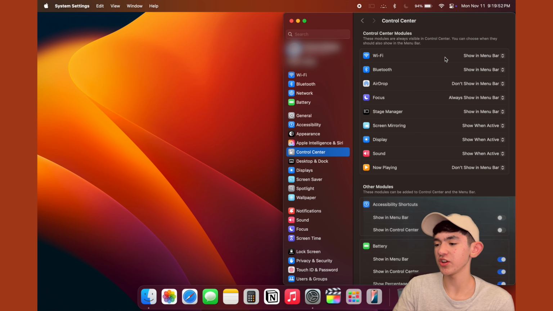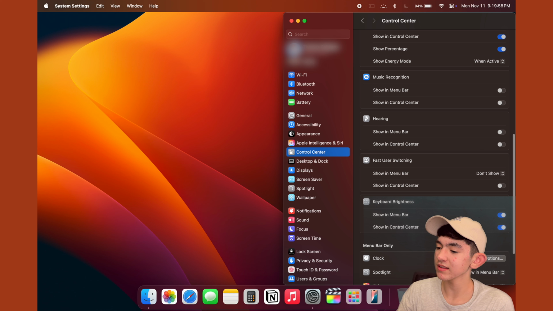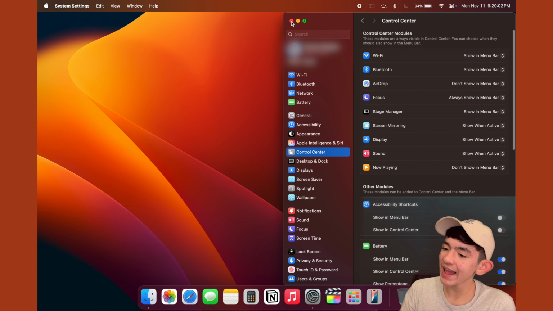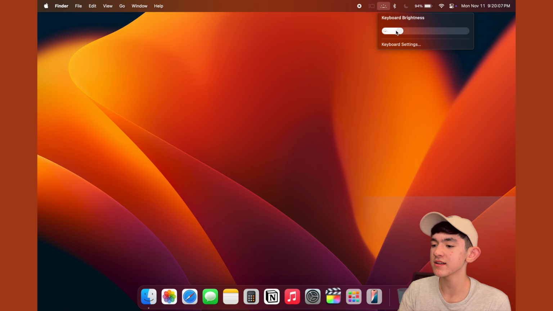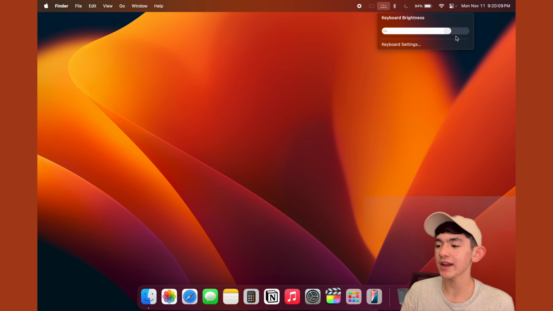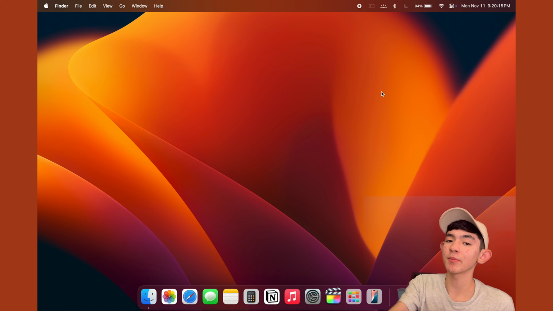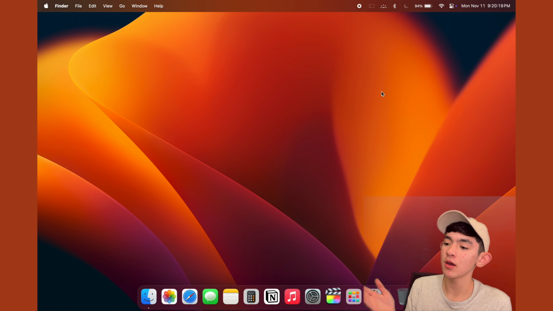it however you want. So you can turn off Wi-Fi, or you can turn off Bluetooth, and then you can add some by scrolling, and you'll find all of these you can add to your control center, and then you'll have quick actions to it. So for me, for example, I have the keyboard brightness. You can change it just by dragging bright, low, but that's one example of a quick action you can put in the corner top up there. So the control center is very helpful if you want to add quick actions to make it much faster to